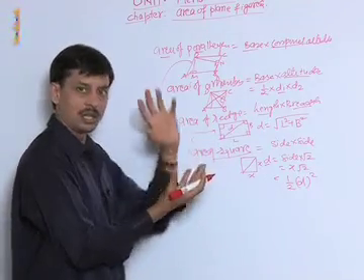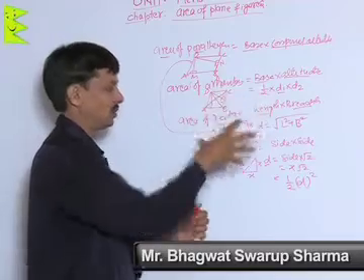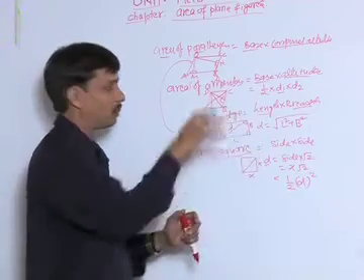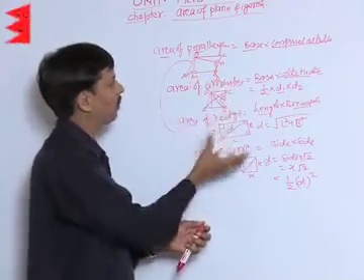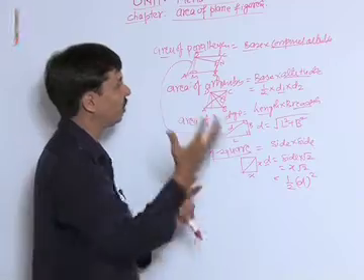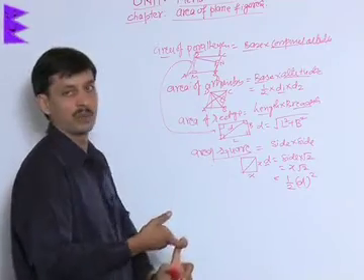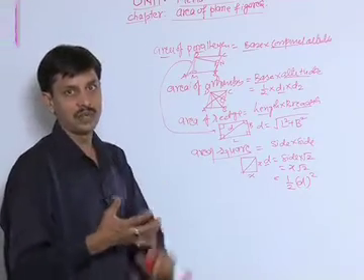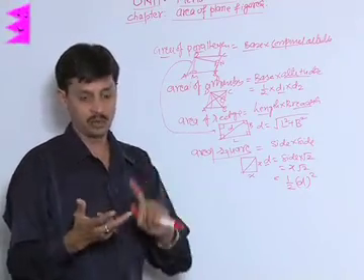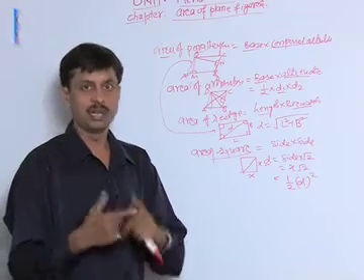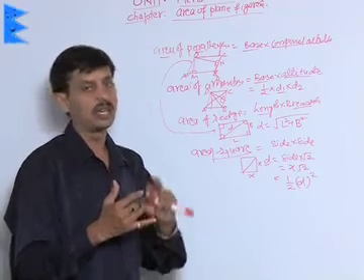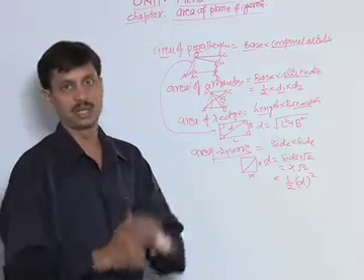So these are the results which I have revised. You all know them from class 9, but these will all be applicable for finding areas related to circles. And now I will explain what a circle is, what its circumference is, and what radius, diameter, arc, sector, segment and semicircle are.